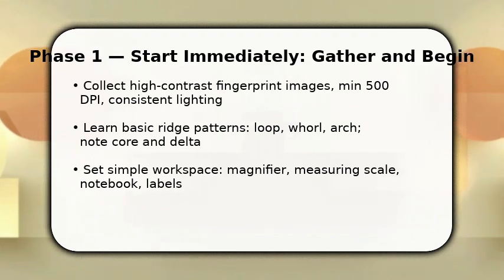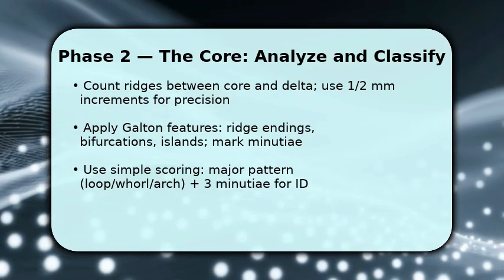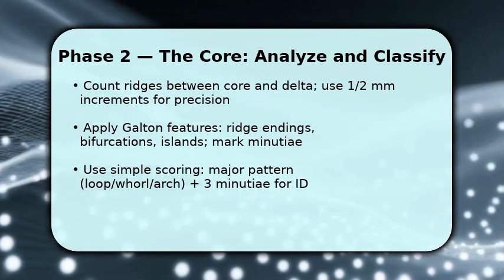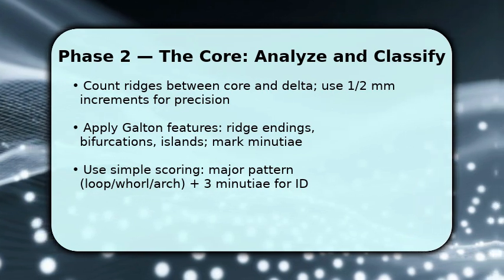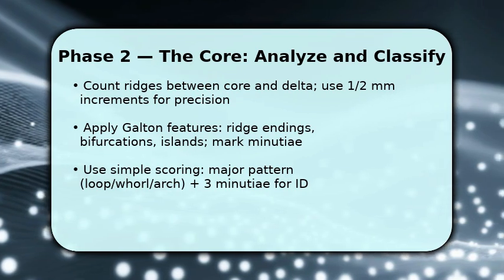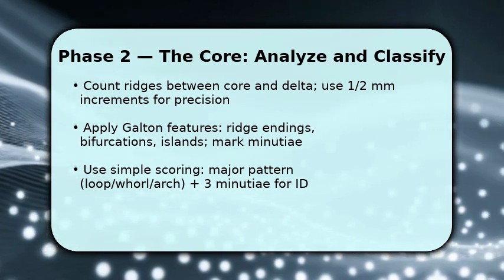You now examine the middle of the process. Start by locating core and delta, then count ridges between them using small units for accuracy. This helps distinguish subtypes. Next, look for Galton features: ridge endings, bifurcations, and islands, and mark at least 3 clear